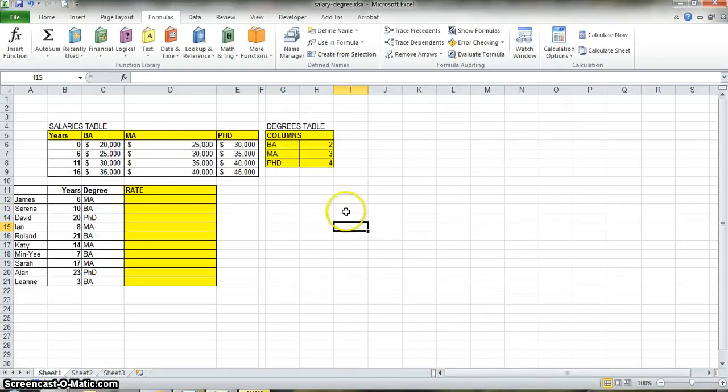Okay, the other thing is we've now created 2 names and we can still find them. So if you look up here where we've got the indication of where we are, so this is telling I'm currently in H12, there G2 and so on. If I click on the drop down, it actually points me to the named cells as well. So I could go to the degrees or I could go to the salaries straight away. Okay, so name cells makes life easier, and you will see it when we start doing some things in the next video, how much better it is to actually name cells